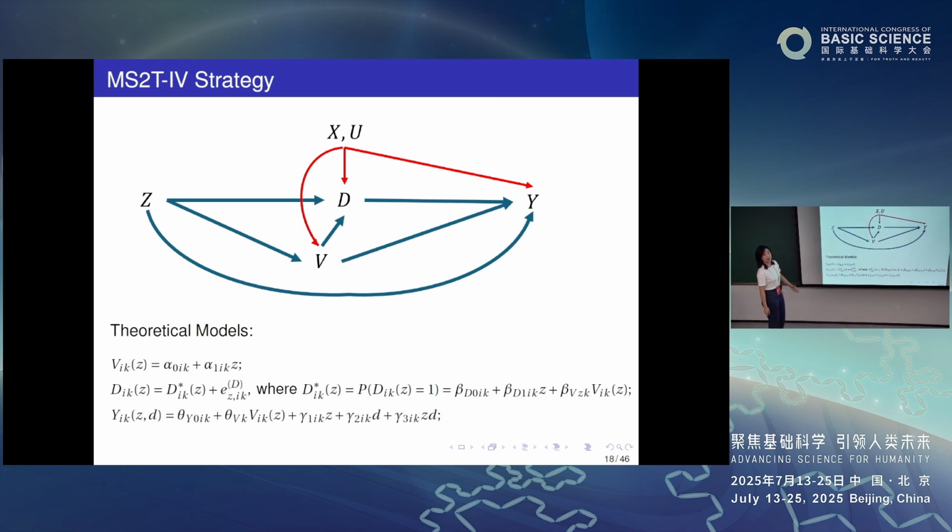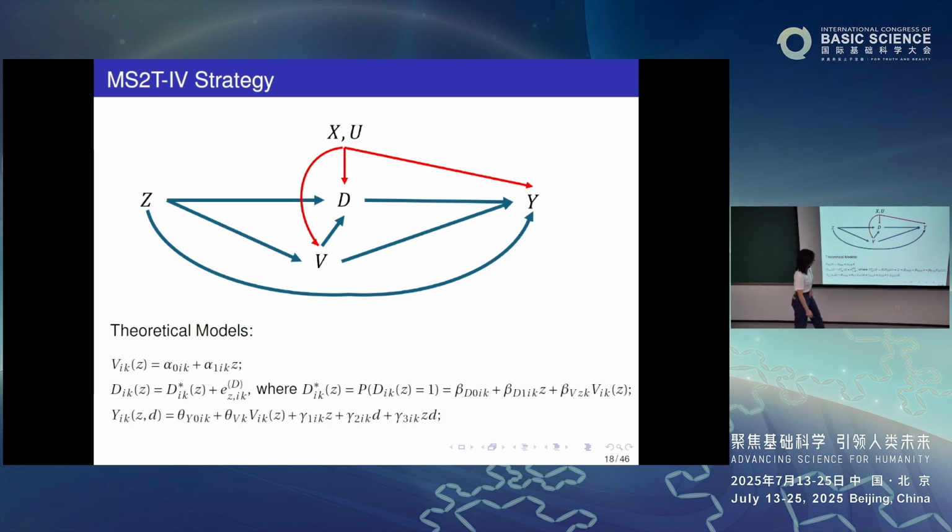Different subjects can have different impacts of C on their V. We allow this heterogeneity, essentially. And then for D, we model it as a function of not only X, U, but also Z and V. And here, our D is binary. So we just follow the social science literature to utilize a linear model for the probability of D(z) equals 1. We model it linear in Z and V.